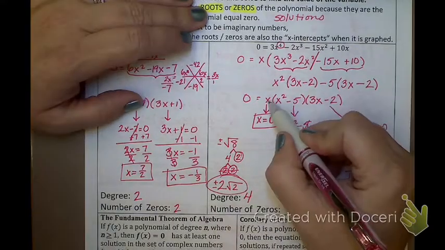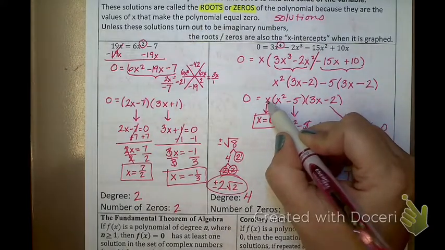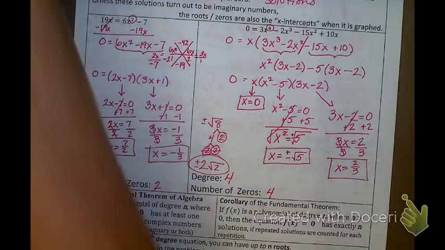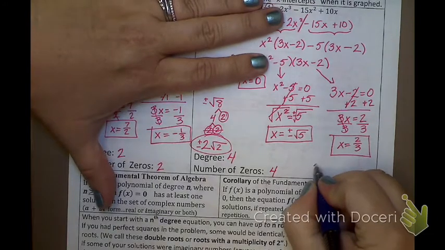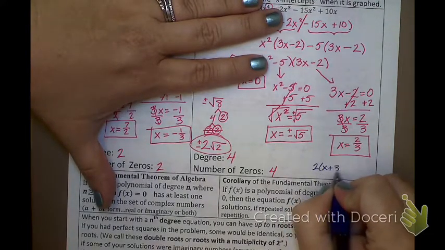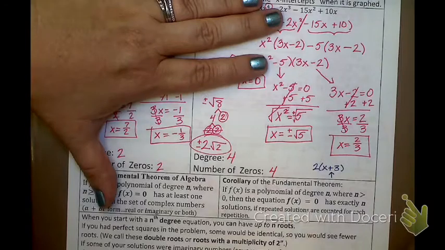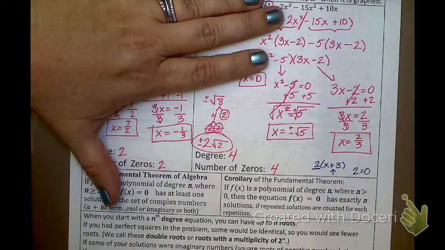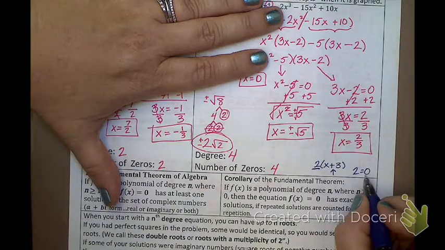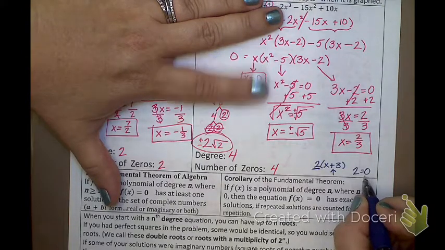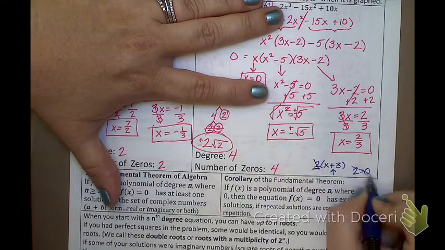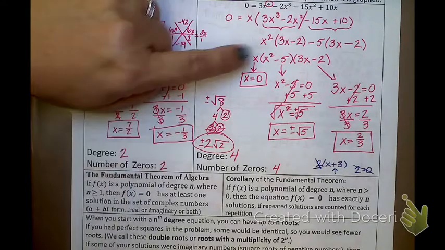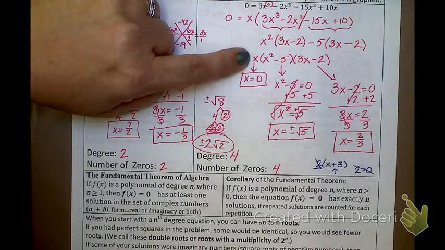Okay? Sometimes you may not be able to take out an x. Let's say you took out a 2 instead and you had something like, let's see, where can I write it? I'm going to write it in a different color so it stands out. Let's say I had something like 2 times x plus 3. Well, I know I can get an answer from there. Out here, does it make sense to set 2 equal to 0? That's not a true statement. And there's no x for me to solve. So when I have just a number out there, there's nothing to do with it. It doesn't have an answer with it. It only has an answer if it has an x.